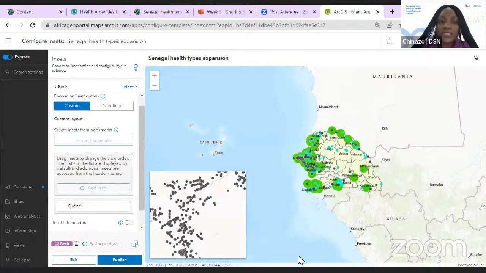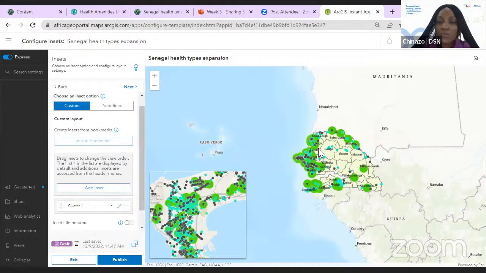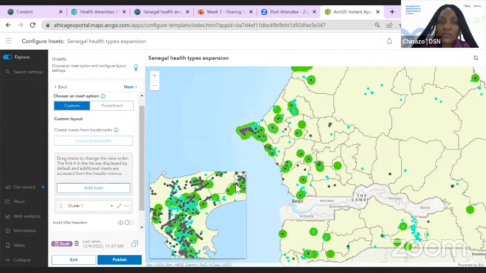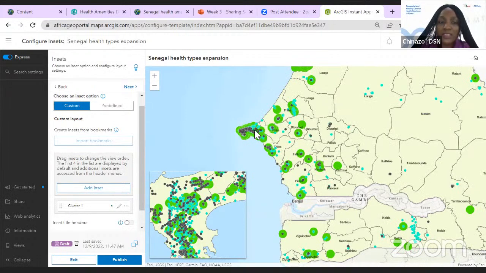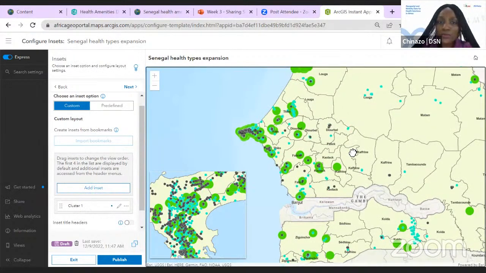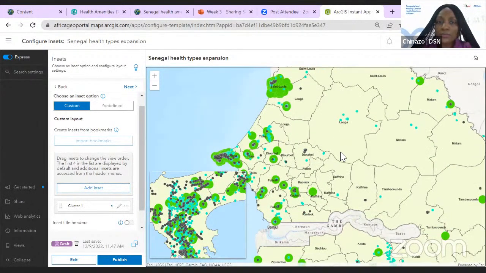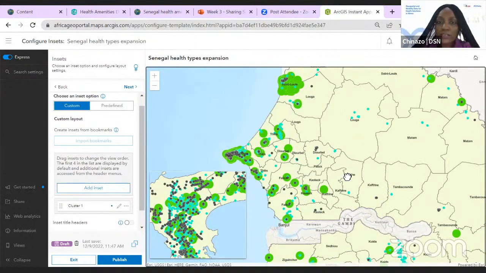So you can see here now is a more expanded version of what we have here. Now this is cluster 1. I can add cluster 2. I can just add cluster 2,